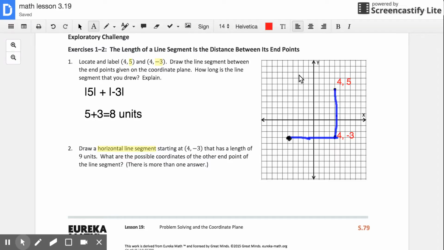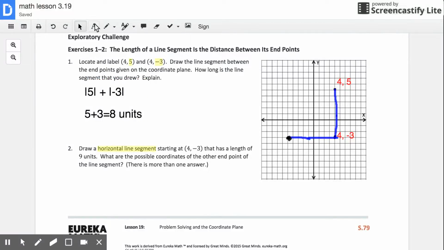I had some interruptions, so I had to pause, and I don't know where I left off because that was several minutes ago. So we're drawing a horizontal line segment starting at, let's get back to this. Starting at 4, -3, that's over here. And it needs to go 9 units, and we decided we can't go this way because it's only 6. So it needs to go this way, 9 units, 9 spaces,